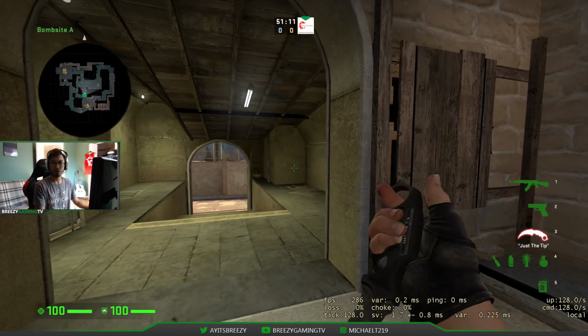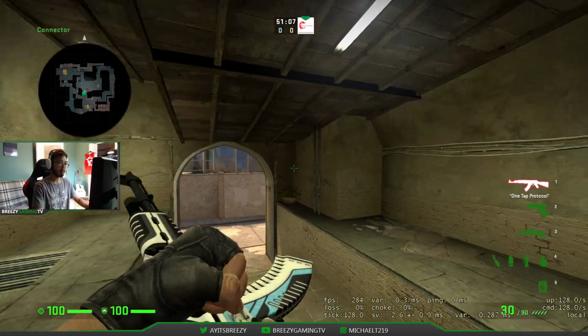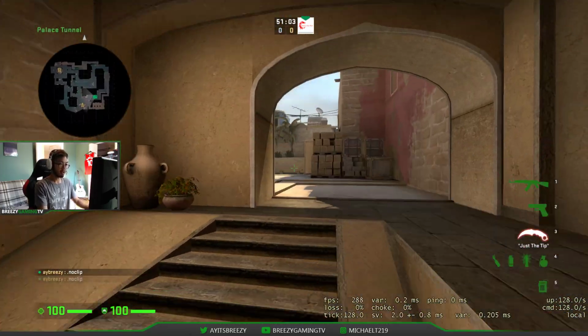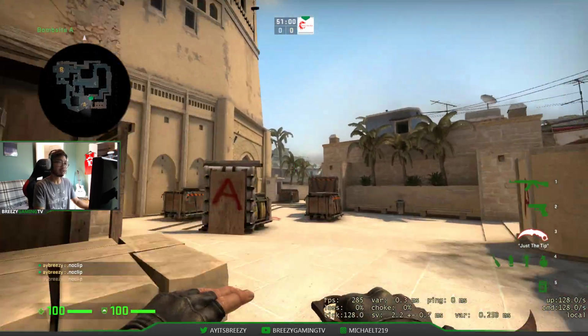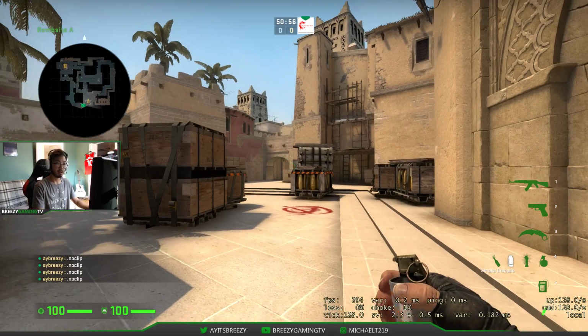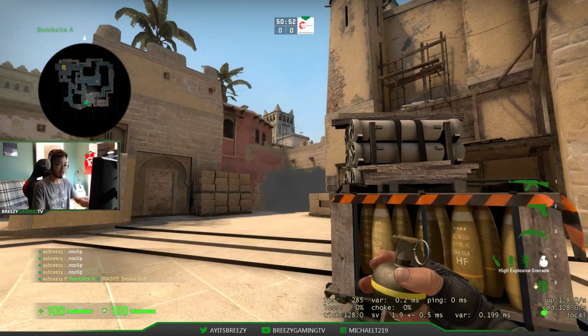So let's say, oh, I'm always gonna go connector because the other team always takes middle. So I'm gonna play connector this game and support the connector guy. But in reality, the five Ts are already rushing on site. But this guy here was still fiddling with his smokes, right? Oh, I'll smoke ramp, I'm gonna nade it, and by the time he does this, there's like, you see